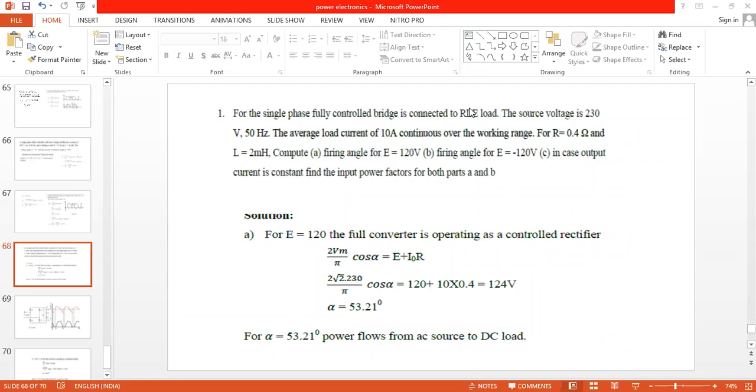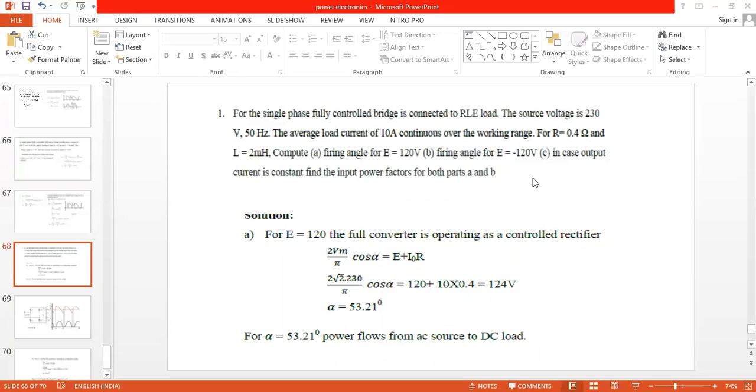So when an electric train is reaching the station, what we do is maintain the firing angle greater than 90. When the firing angle is greater than 90, that same motor will act as the generator. Energy is transferred from motor to the source. The electric train itself is generating its own electricity for a short period of time. The second case is very important.